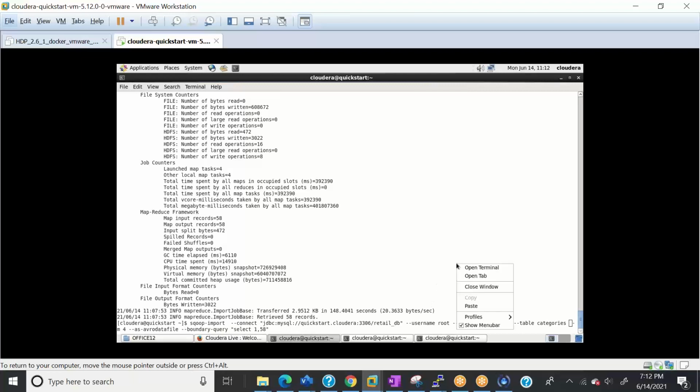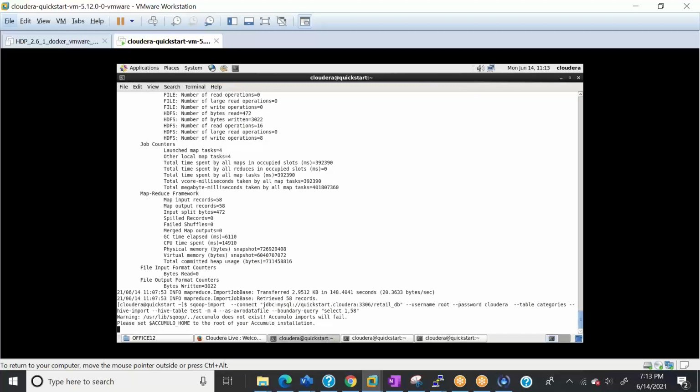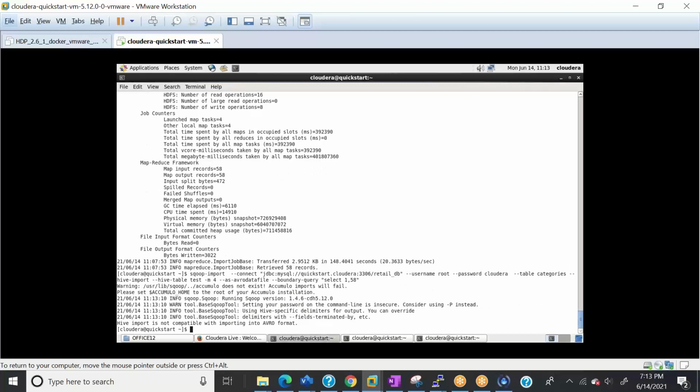So I'll paste that thing here. I'm not sure whether it works. Let's try. So you have Hive import, Hive table, number of mappers 4, boundary value condition. Let's see. So what it's going to be doing, it will create a table test.